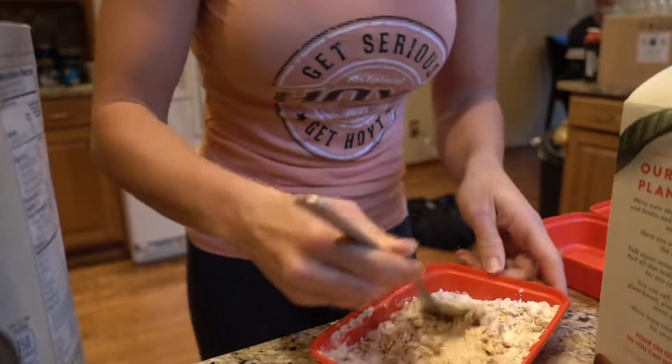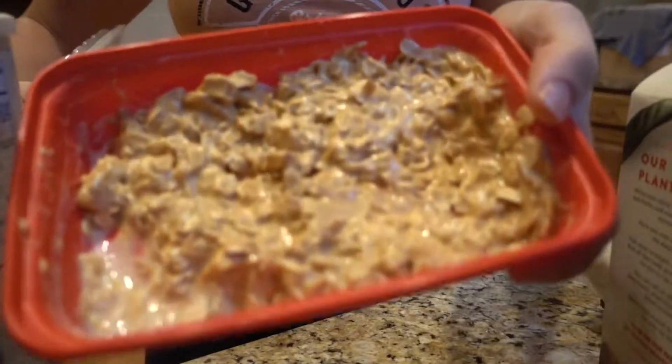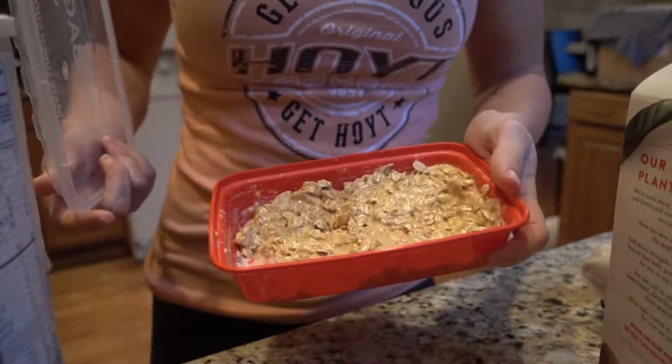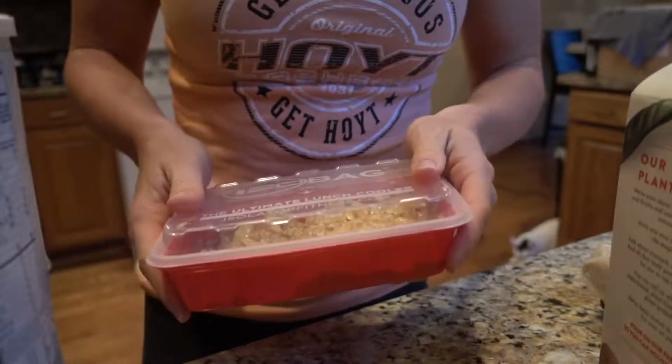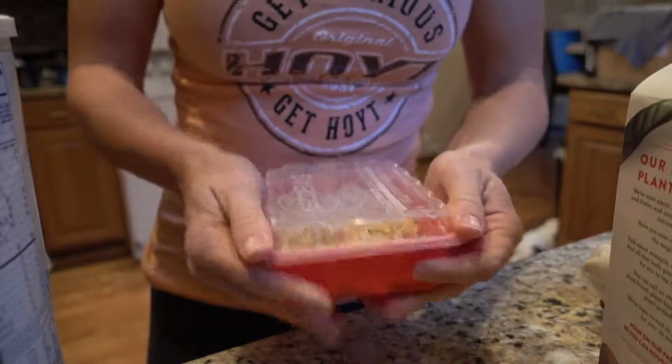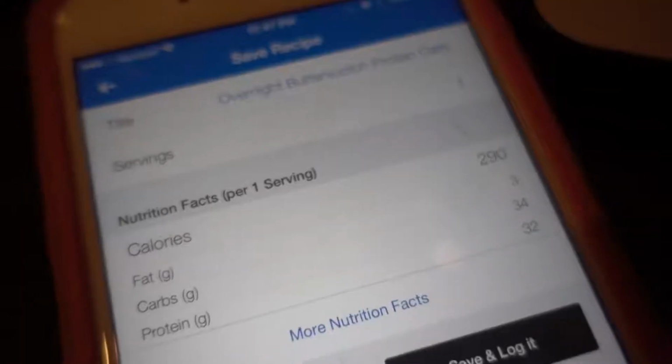And I'm gonna obviously put a lid on it. This will be the consistency. I know it looks kind of weird, but it actually tastes really, really good. It tastes like a soft, cold, no-bake cookie. So definitely try this one. Very simple, very easy. Throw it in the fridge until the...